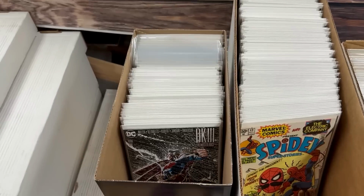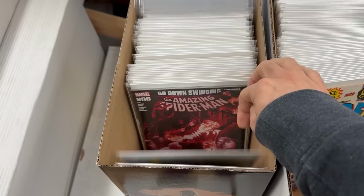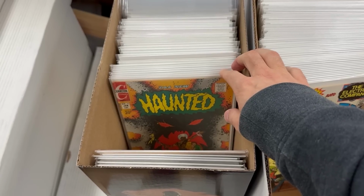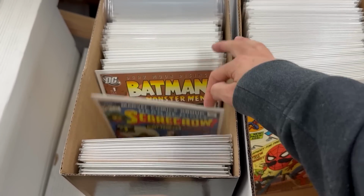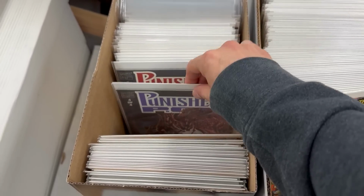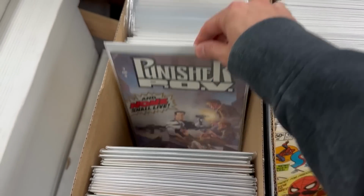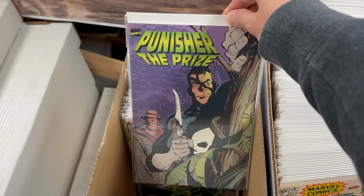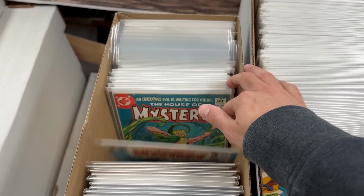So this is what I've pulled out of the boxes so far to bring to Whatnot. We have DK3, Master Race, some Action Comics 1000, some ASM, some Spider-Man from the 1990s series, some cool Charlton horror stuff, some more 80s horror, some Batman, some Amazing Spider-Man, some early Marvel stuff, Punisher POV, that's the series I hadn't heard of. I think it's the full series there for Punisher POV. Punisher Bloodline, Punisher The Prize, some nice square-bound books, which are always fun. Indiana Jones miniseries, House of Mystery,